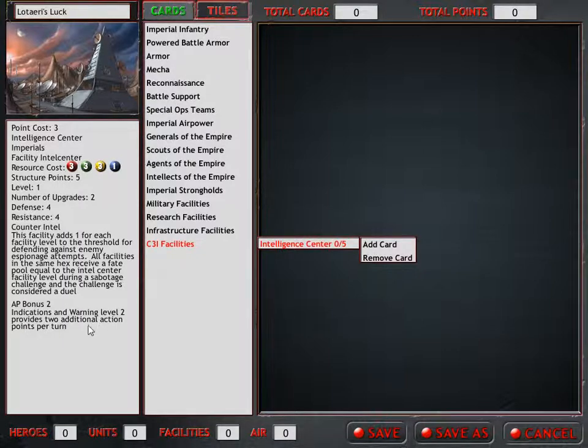It provides 2 additional action points per turn. Now, unfortunately, it doesn't show you another ability of the Intelligence Center. When you upgrade it to level 2, this provides you with Reconnaissance as well. This is a very nice card, and I dislike building decks without it. They're also very useful because it gives you a free Reconnaissance once you upgrade it once, right in whatever facility